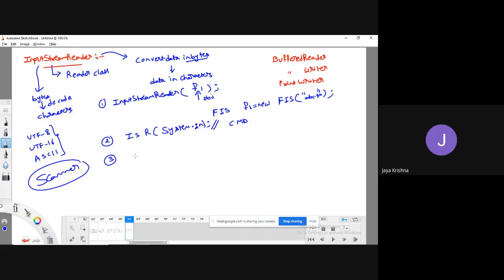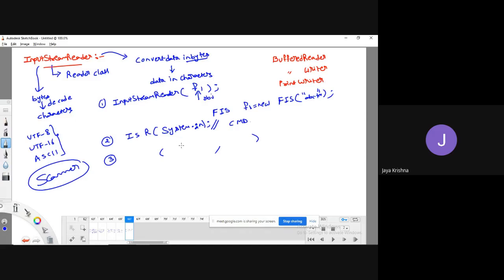Any constructor can have more than one parameter, depending upon the implementation. Here, I can create a constructor which has two parameters. The advantage of using two parameters is that we can implement using a character set.